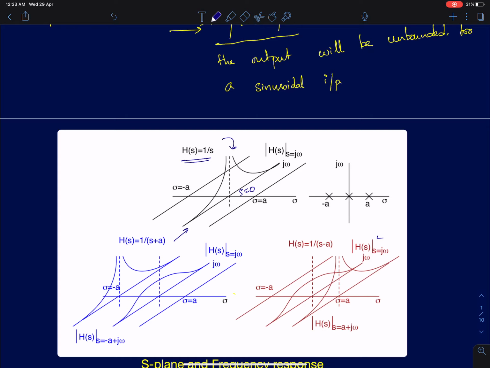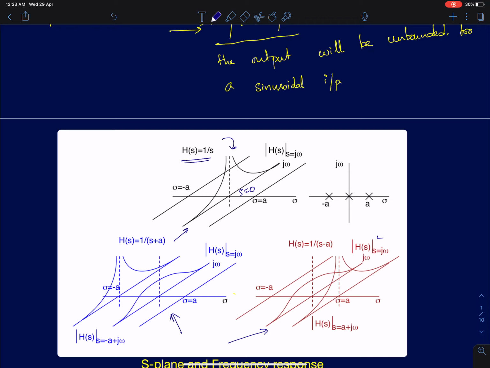And shown here is the frequency response for a left of plane pole and the frequency response for a right of plane pole. Now if you see, interestingly, the magnitude response is the same whether it's a left of plane pole or a right of plane pole. So therefore, you should expect similar amplitudes when you feed a sine wave. I should expect similar amplitudes from both the transfer functions. The phase will be different, but amplitudes will be similar.